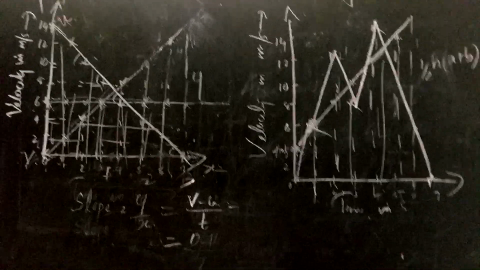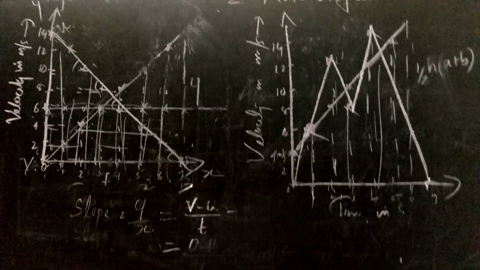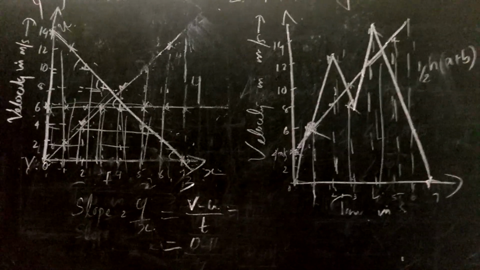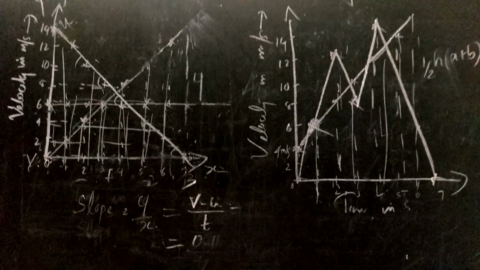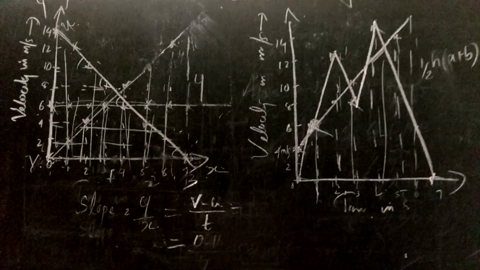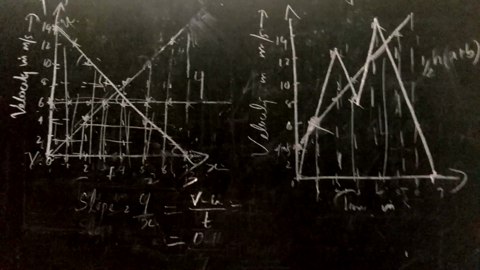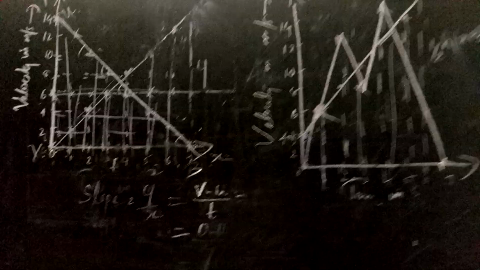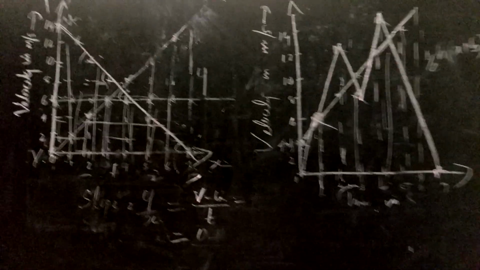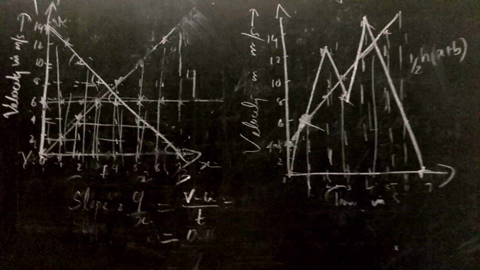Is it clear? Here we are drawing the velocity time graph. If you draw a speed time graph and calculate the area under it, you will get the distance traveled. When you calculate the area under the velocity time graph, actually it is displacement. In certain cases in textbooks you can see it is called distance traveled itself, but actually it is displacement. Is that clear?